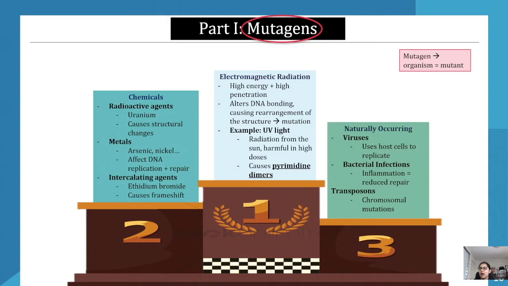We're starting off by looking at Module 6. The first dot point of Module 6 is asking us to look at mutagens. What are the different types of mutagens and what mutations do they cause? We look at what mutations they cause in the next slide, but that's the first big point. What are mutagens? So a mutagen is